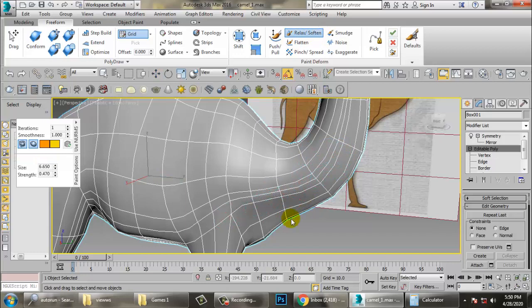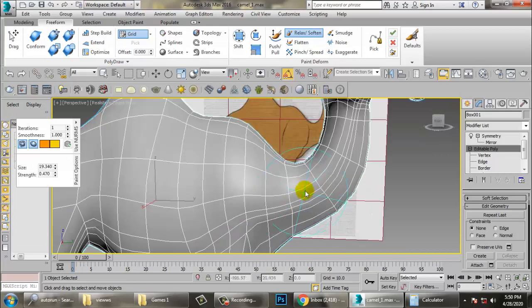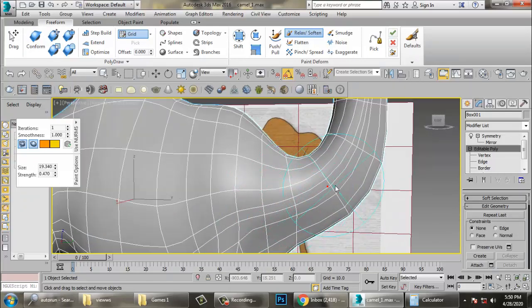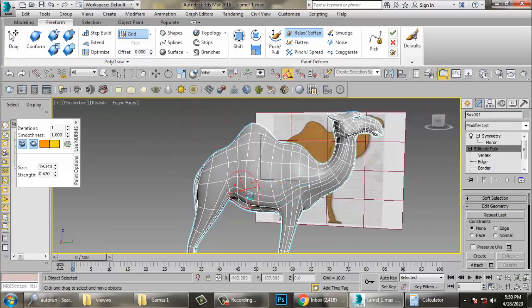Let's increase the brush size and use the relax option. So now we need to relax it in the right manner to make it look much better.